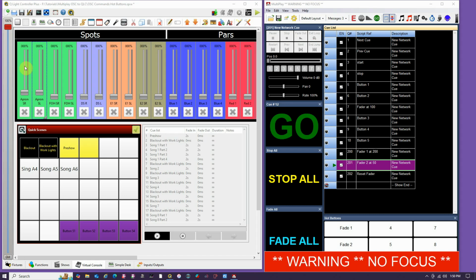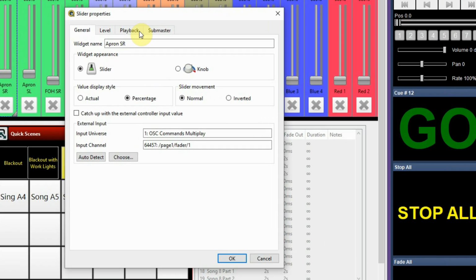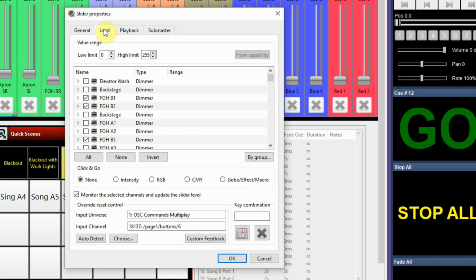The way you do that, I'm in edit mode right now. I'm going to double click this fader. And this fader is controlling levels, so it's going right to these lights directly and controlling them. It's not running a function. It's going right to the lights and controlling the channels. What you do is you put a check mark in this box that says monitor the selected channels and update